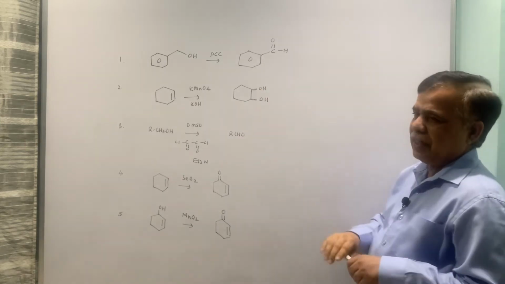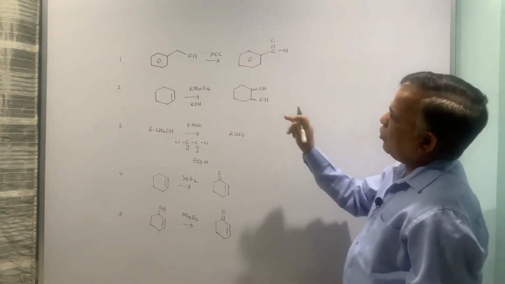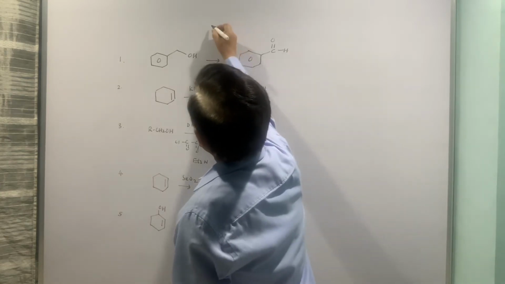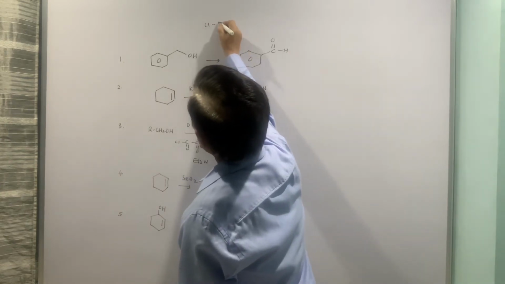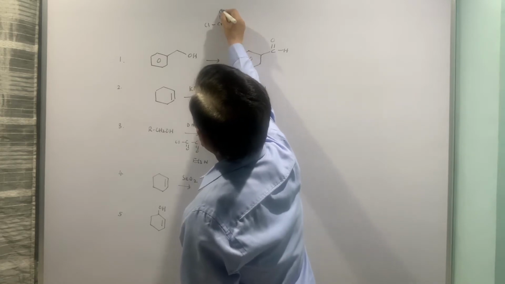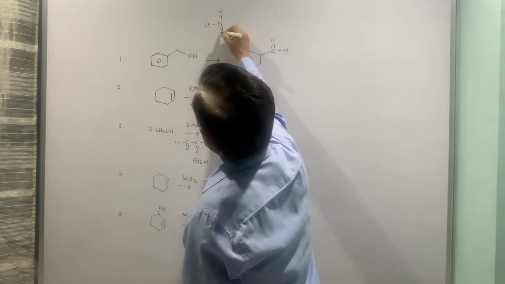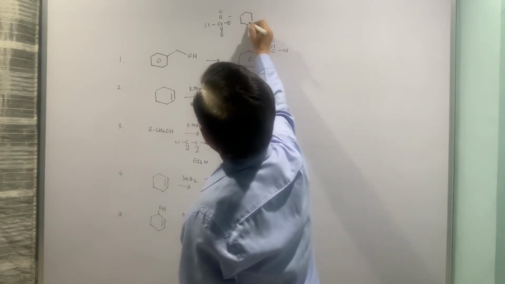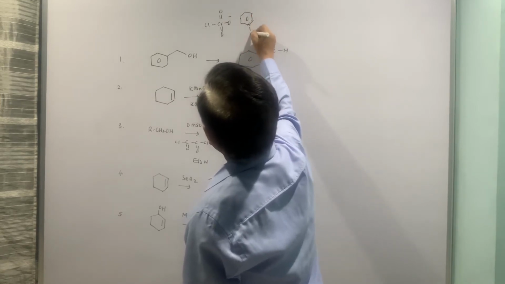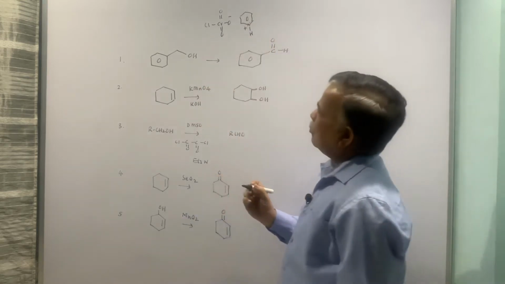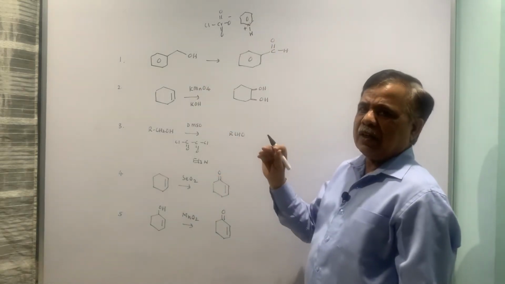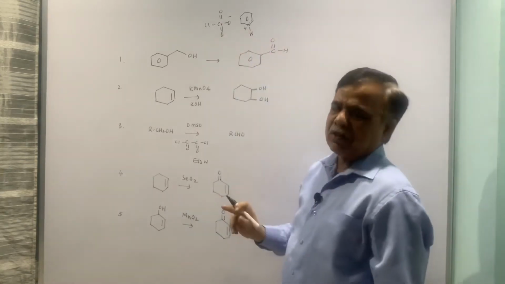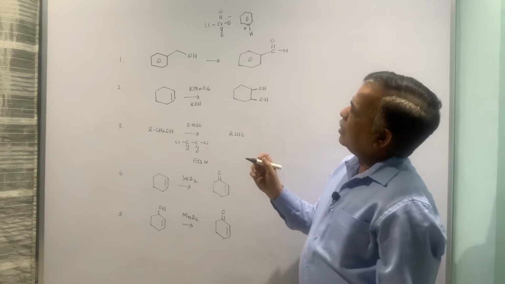I am not cleaning anything here. Now I am going to put it from here itself. So pyridinium chlorochromate, let us put the structure. This is pyridinium chlorochromate. Now pyridinium ion is there. This is pyridinium ion and chlorochromate is this. This is one of the structures. The other structure also I have shown, that Cl is here and then chromium trioxide would be there. So those are the things.